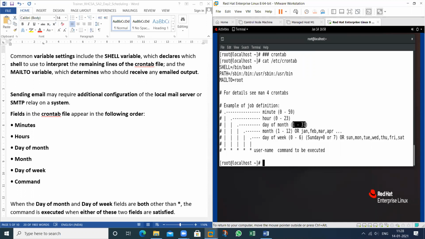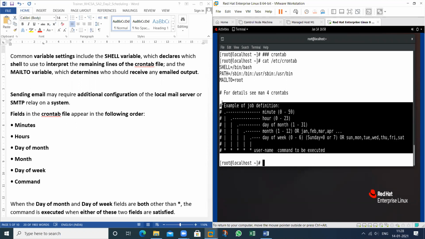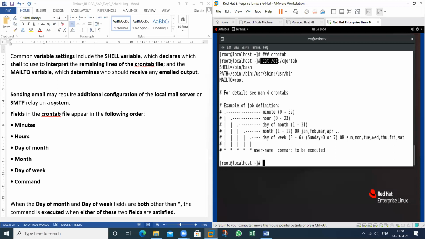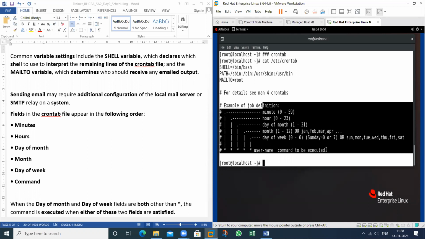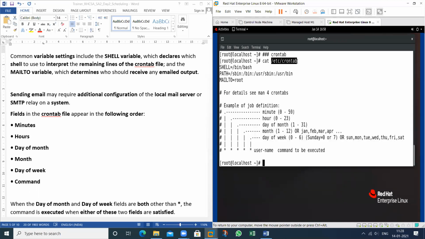Day means on which particular date you want to perform that task, in which month, and on a specific day of the week, which can be Monday, Tuesday, Wednesday, Thursday, Friday, Saturday, Sunday, anything. And for which user and which command. So you don't have to remember all of these things. You can see this by using this particular command.